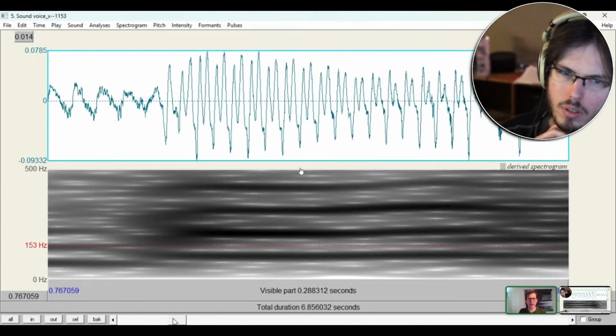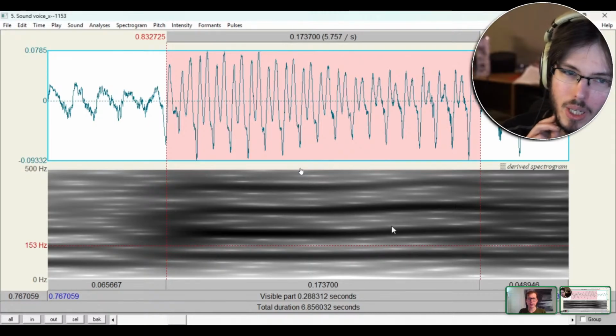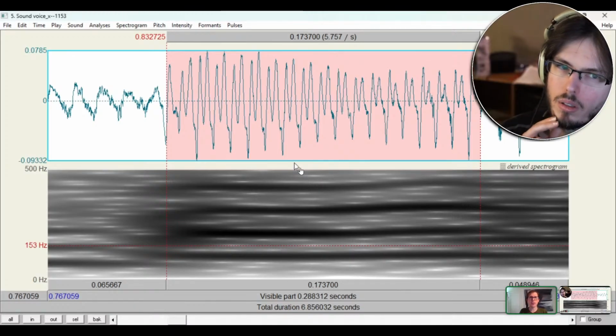The next section is the vocal folds getting in gear. That is a lot different. It's very different. And it's quiet, but if you listen, this is plain voicing. This is just the true vocal folds.